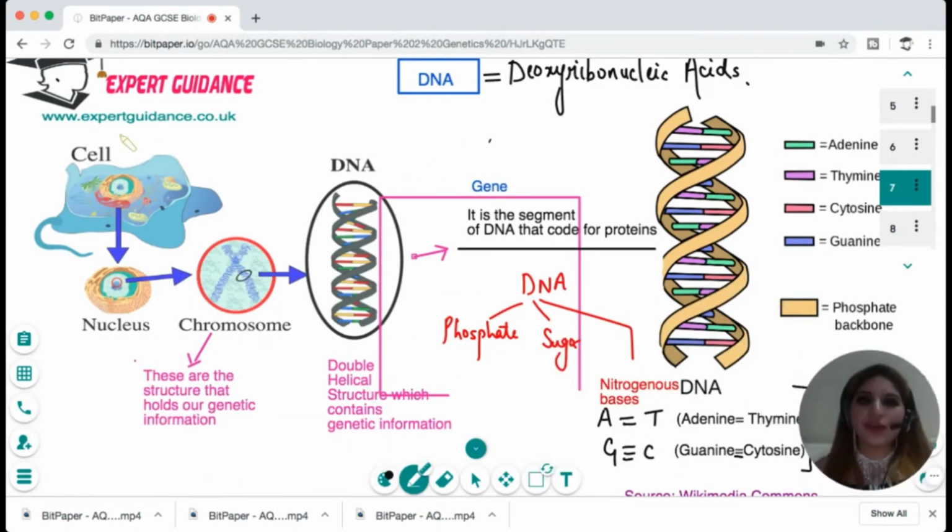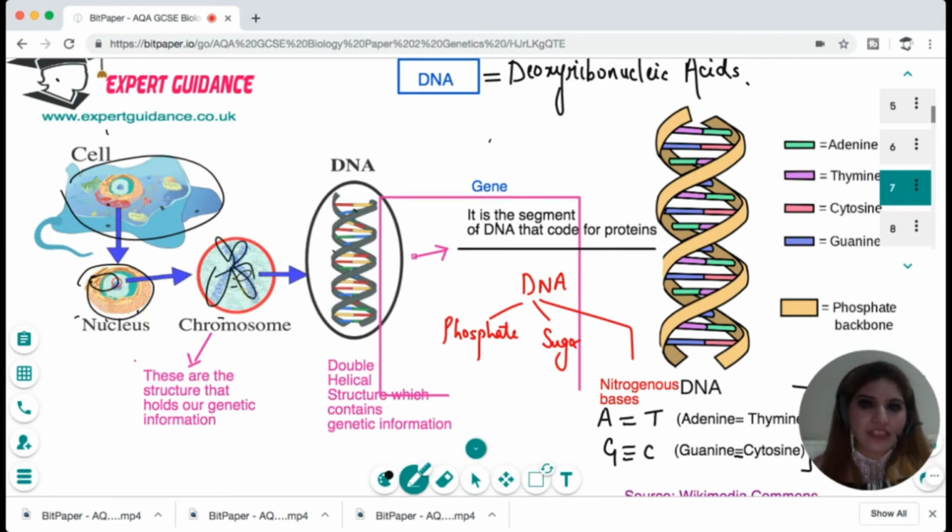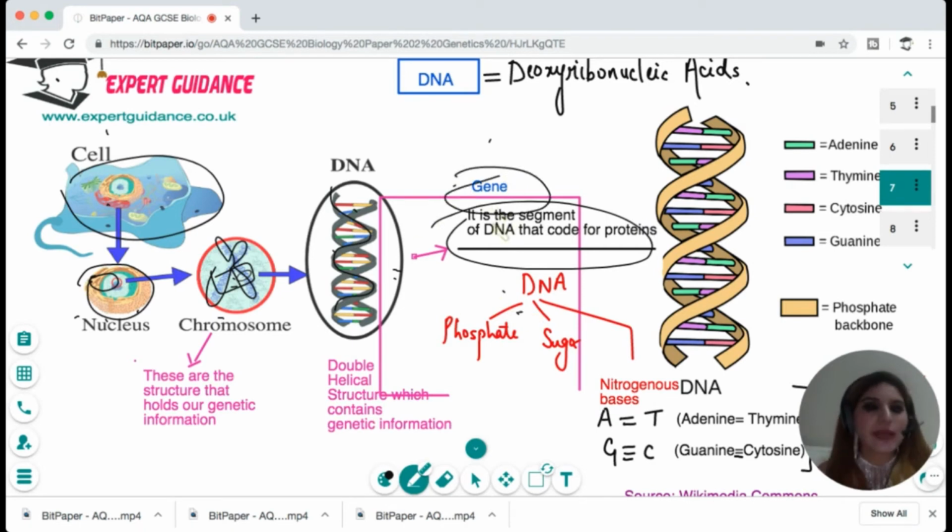First of all, you should know these terms are very often used interchangeably. What's the difference between them? What's a cell? What's a nucleus, chromosome, DNA, and gene? So inside the cell, we see a nucleus. And inside the nucleus, when we enlarge the nucleus, we see these structures, which are chromosomes. And when we take this section of the chromosome, we see this double helical structure, which is DNA. Out of this DNA, 98% is junk and has no role to play. But 2% of that DNA makes protein. And that segment of DNA that codes for a protein is a gene. Okay, so I hope the difference between these terms is clear to you,